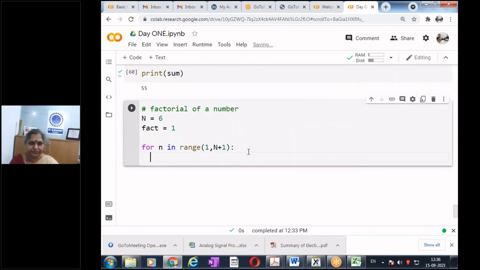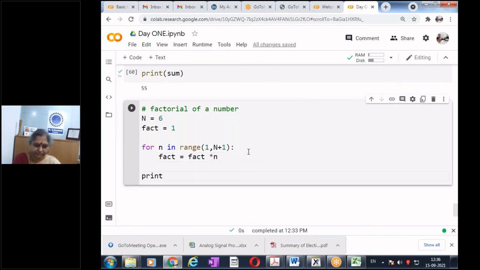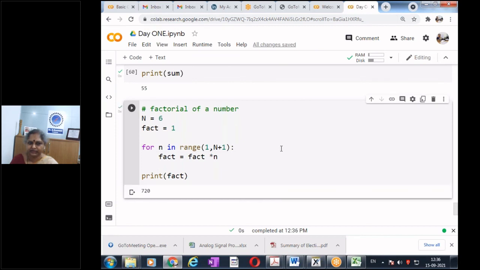Put a colon and then fact equal to fact into n. Print fact. Let us see whether we get the answer, because factorial is finding the product, and we get the answer.